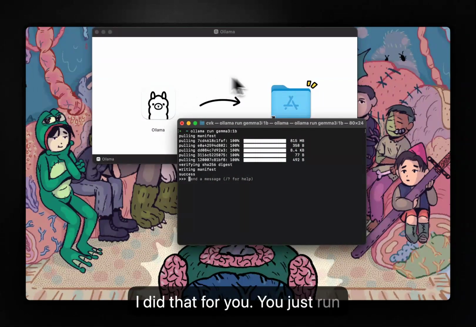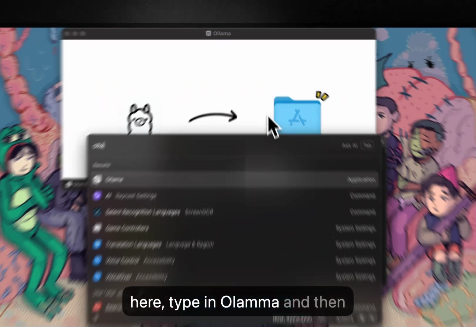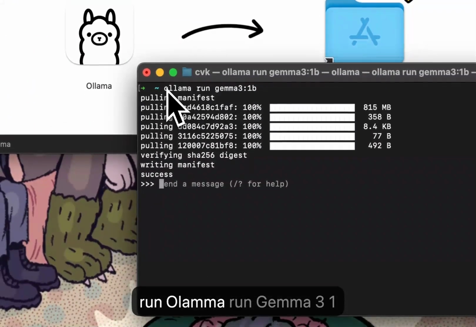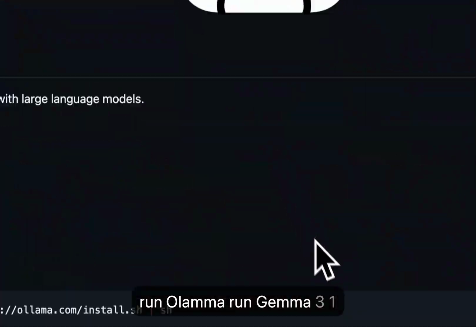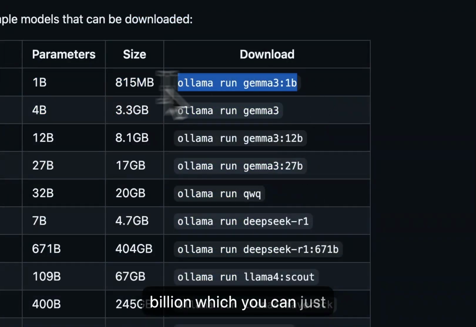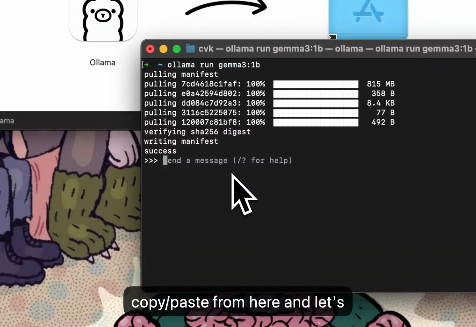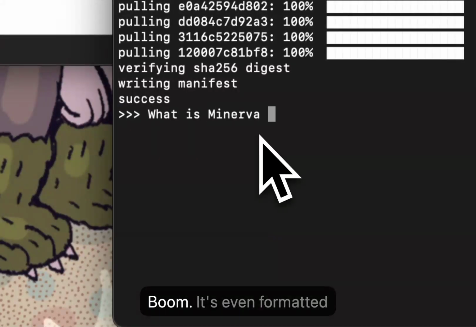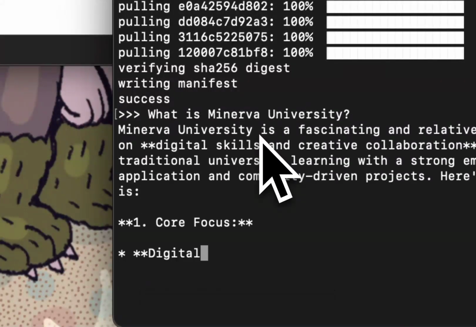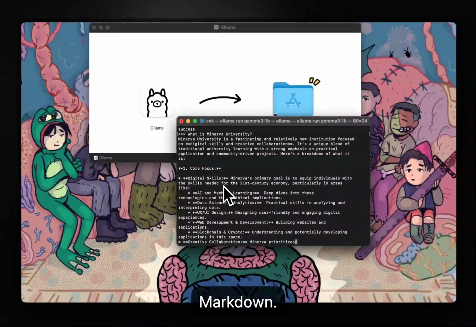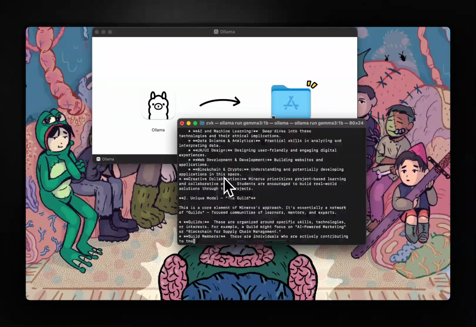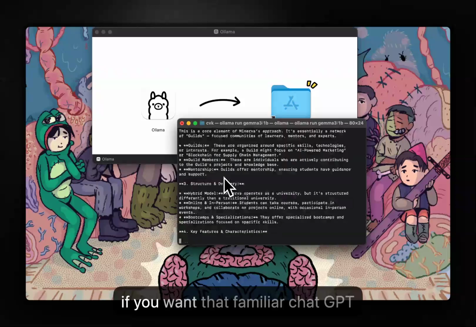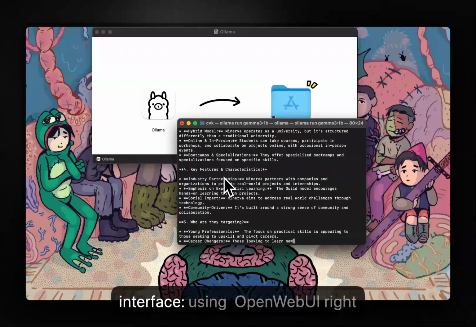You just run here, type in Ollama, and then run Ollama run Gemma 3 1 billion, which you can just copy paste from here. And let's ask this model about Minerva. Boom. It's even formatted in Markdown. And if you want that familiar ChatGPT interface,